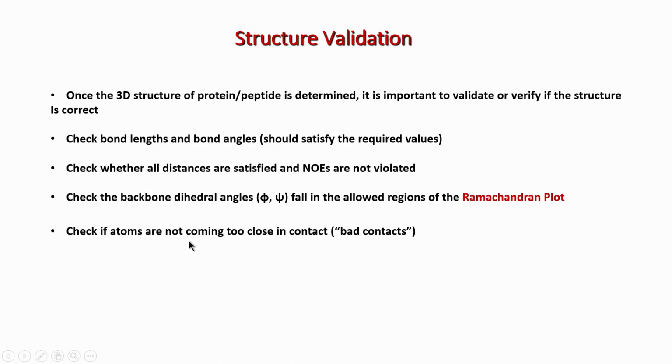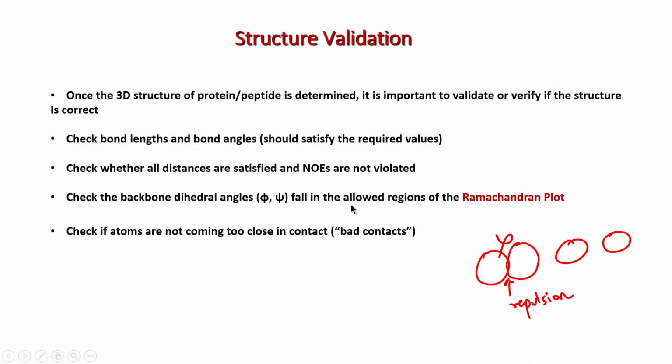And the last thing is you have to check that the atoms are not coming too close to each other. This is called a bad contact. Remember two atoms, let me show in a diagrammatic way. Two atoms cannot bump into each other, this is not allowed. They have to have sufficient distance because this will cause a repulsion, and therefore in nature you can't expect two atoms to be closer than a certain distance. That is called a bad contact, and if this happens then your structure has to be rejected. Again for all this there is a cutoff, meaning it is not simply yes or no, there is a cutoff, a threshold.